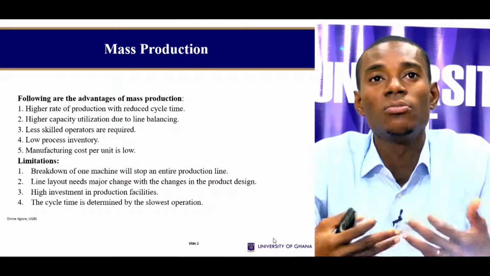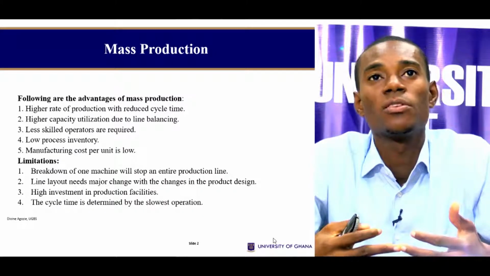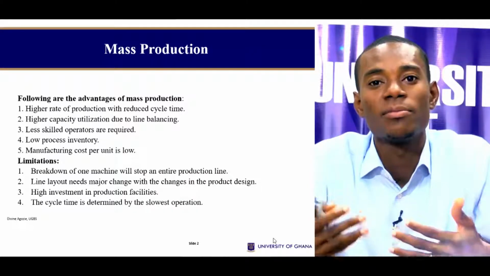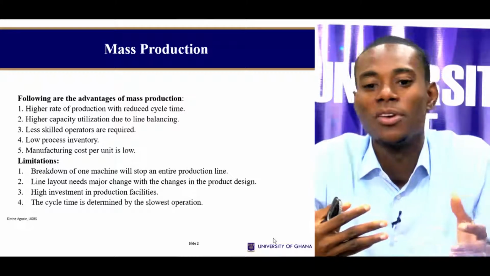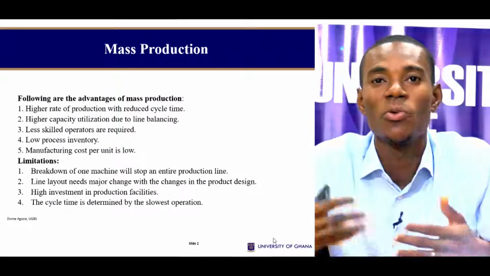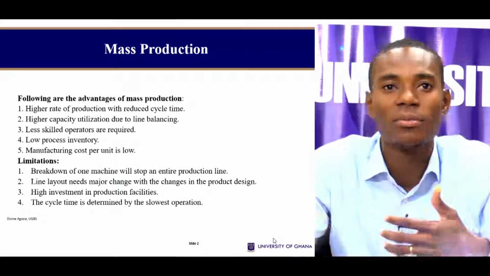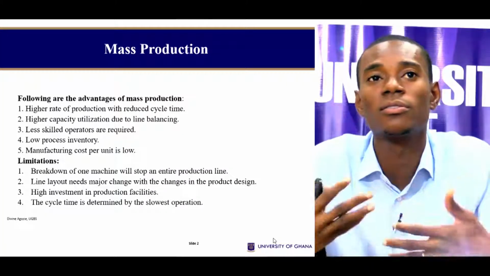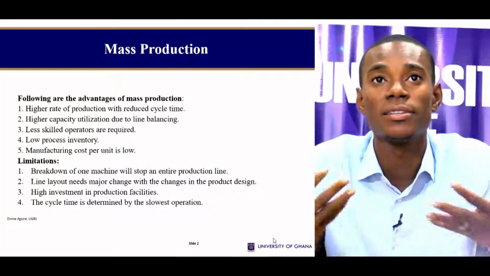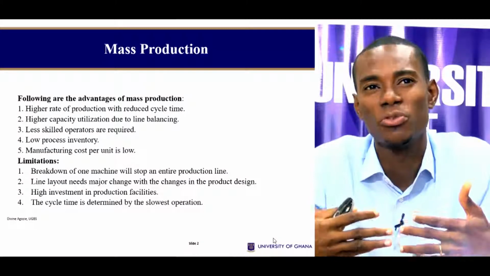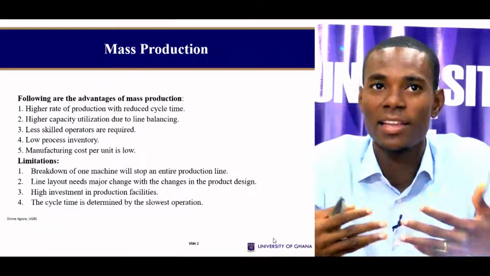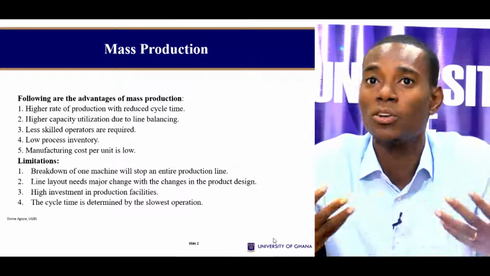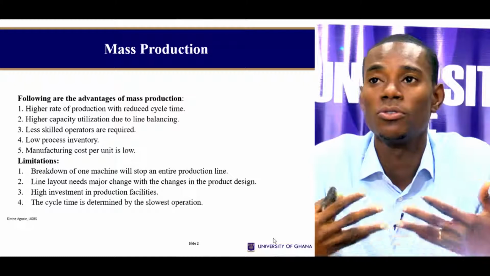Normally, under this kind of production system, we adopt what we call the line production system. Consider the case of items rolling on a conveyor belt or moving from one station to another on some automated system. Because of these technologies adopted in this kind of production system, the time taken to produce an item is relatively lesser, and that is advantageous. The lesser the cycle time, the more output you produce and the more you save on time.